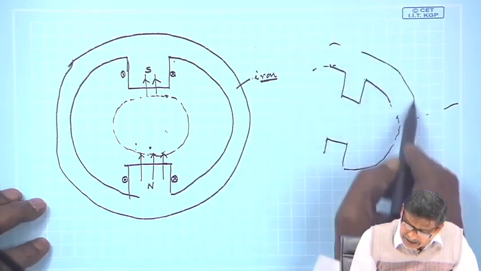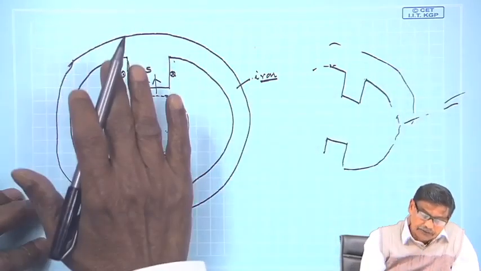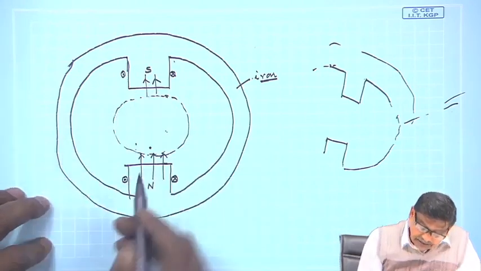Are you getting? I mean, three-dimensional. So, length is perpendicular to the paper. Now, what I will be doing is, I will